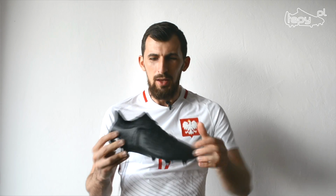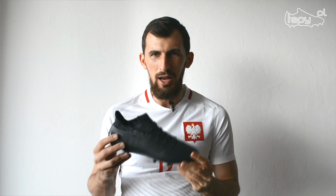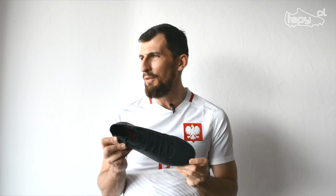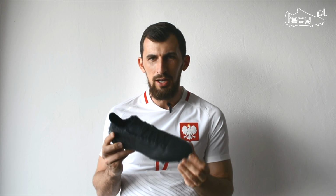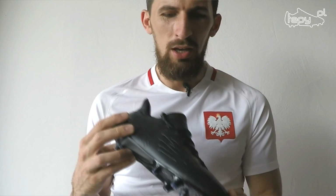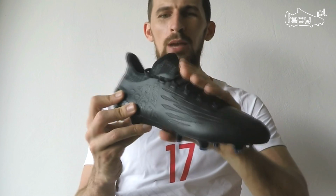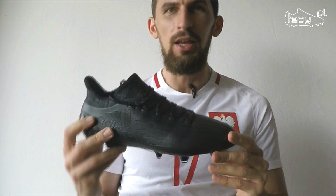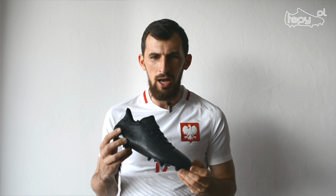So first of all, I was already doing a photo session of those, and always when I do a photo session I put some kind of paper inside, so the boot will retain its shape. But here in this new Adidas X generation, there's no need to do that, because there's nothing inside here. This is the boot shape. I don't need anything to fill it. And some of you may say that this isn't really a good thing